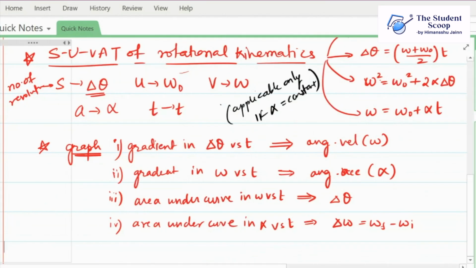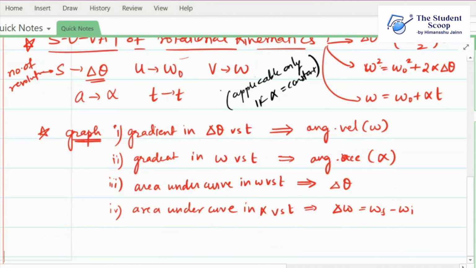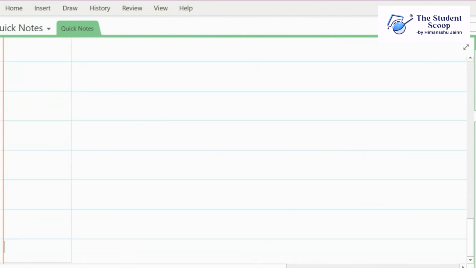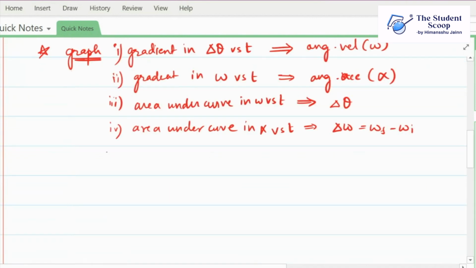Now once we know the basics of rotational kinematics, there is a relationship that we should be aware of between rotational and translational kinematics. What we should remember is that the length of an arc, which is also equivalent to the distance traveled,